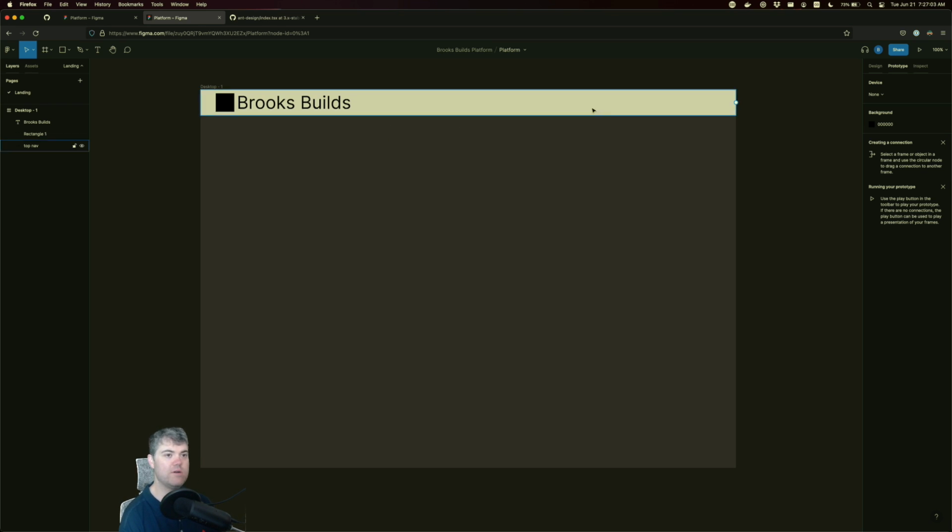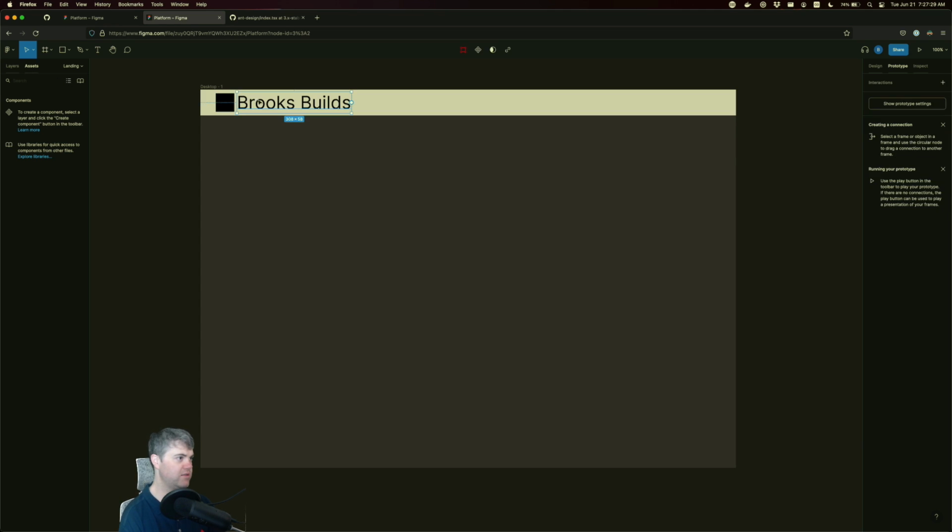Let's see. So based upon our authentication status, we'd have different buttons here. Oh, okay. This would be under assets. To create a component, select a layer and click the create component button in the toolbar. Just like this. Select a layer. It'd be like, oh, so like,